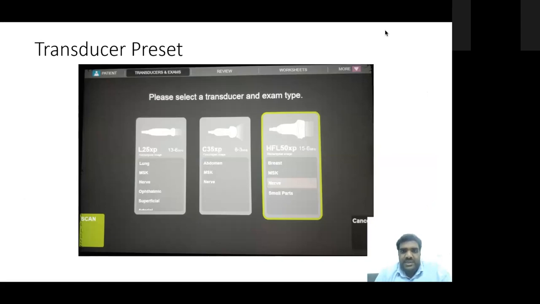After the selection of the appropriate probe, we have to select the type of exam. The ultrasound comes with a number of presets. Presets are a combination of pre-selected settings of dynamic range, depth, focal zone, automatic gain control, compound imaging, and tissue harmonic frequencies. What a preset does is save the time we would otherwise spend optimizing these different parameters. Even after a preset, each of these parameters can be independently changed based on our liking.